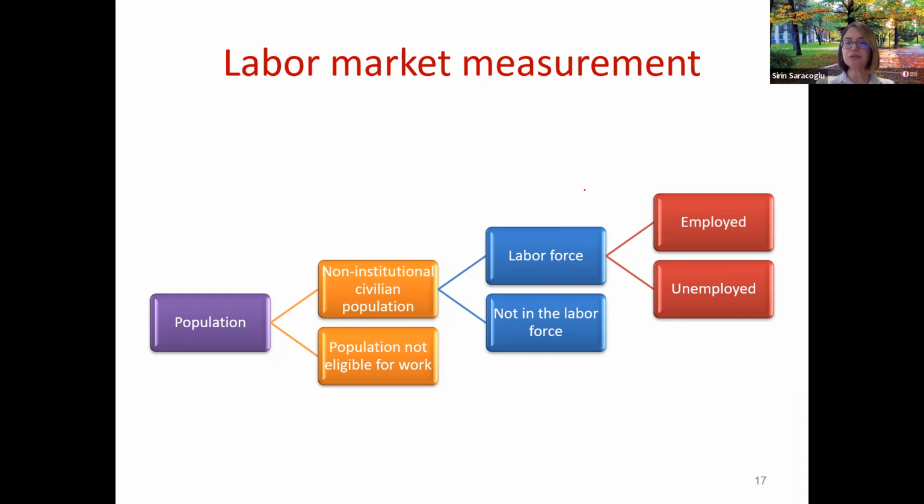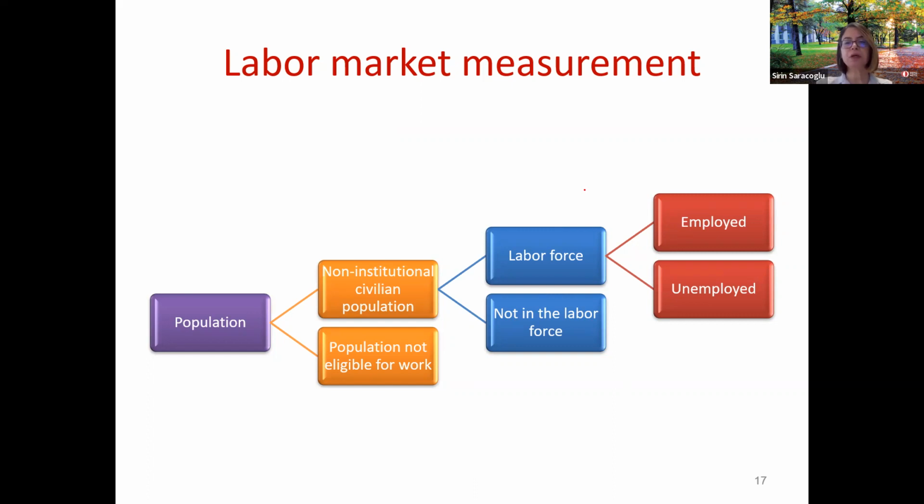On the other hand, people not in the labor force are either the retired, or they can be students over the age of 15 but not working. They can be homemakers, women who by choice do not want to work, right? Mostly the retired people, students, and homemakers by choice who do not want to work and who are not looking